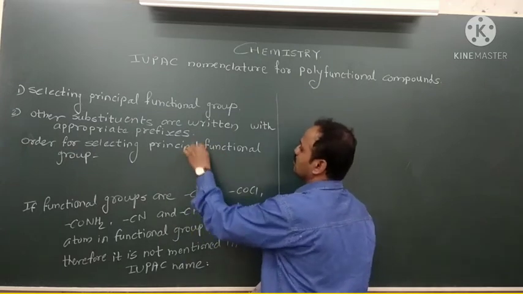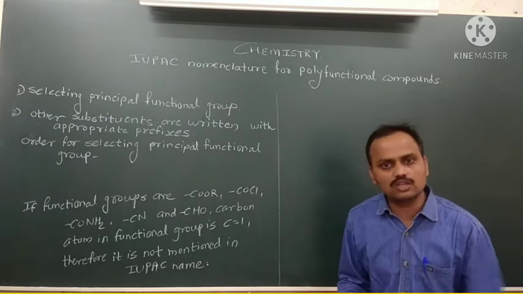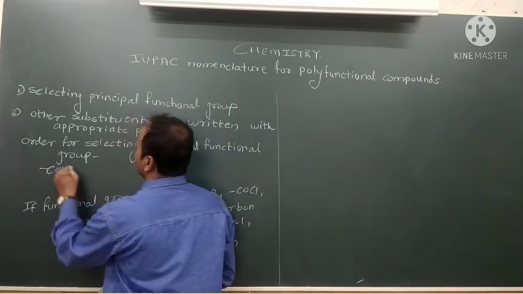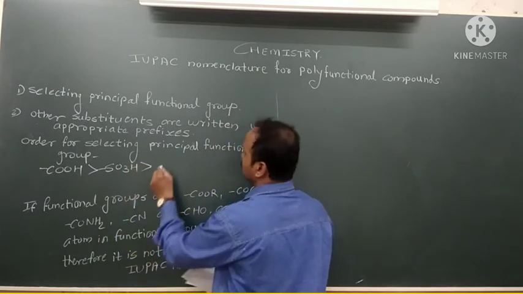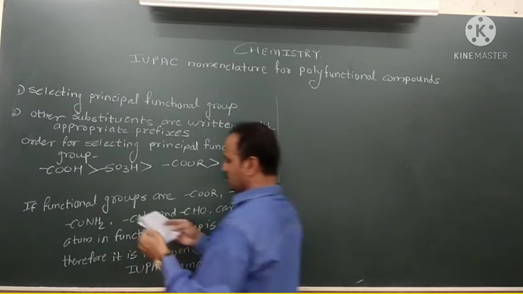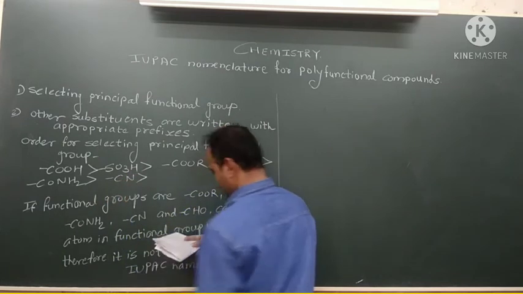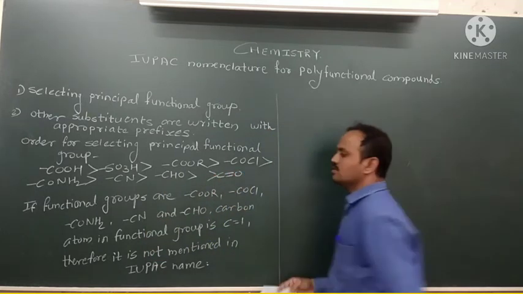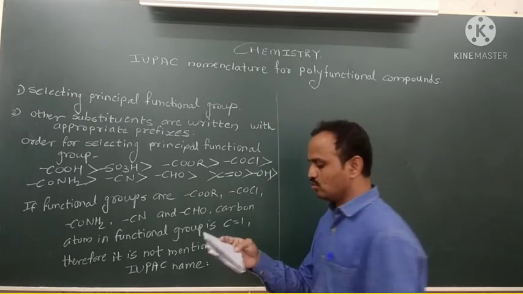We have to select our principal functional group as per the order. What is the order? Please see, I am writing it here. The order is COOH, then SO3H, after that COOR, COCl, CONH2, cyanide group, CHO, that is the aldehyde functional group, C double bond O, the ketone functional group, then OH, the alcohol functional group,